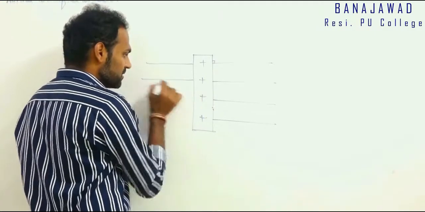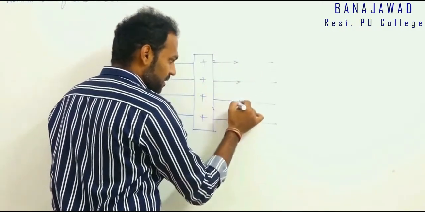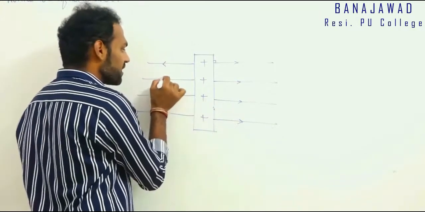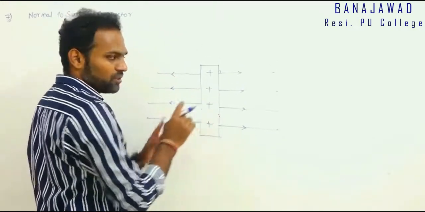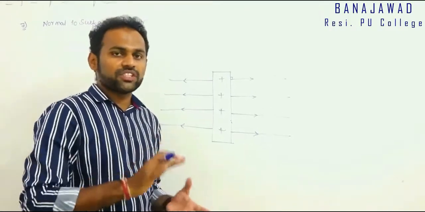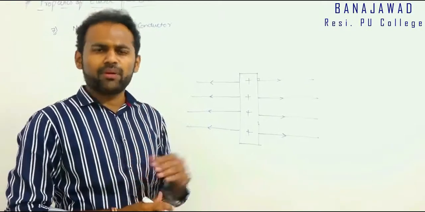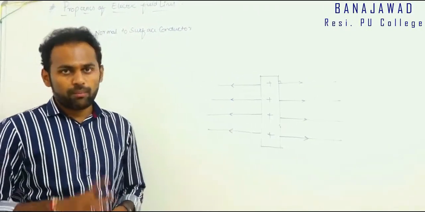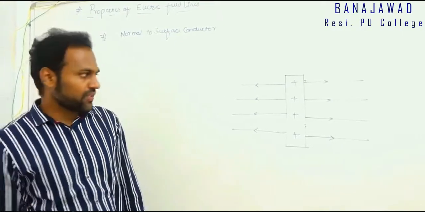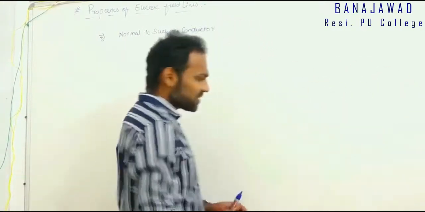And since this is a positively charged conductor, the electric field lines will be outwards or away from that conductor. So the electric field lines are always normal to the surface of conductor. Whichever shape body it may be, the electric field lines will always be normal. It may be positive or negative, that is secondary, but field lines will always be perpendicular to the surface of the conductor. Well, this is the 7th property. We'll go for the 8th property.